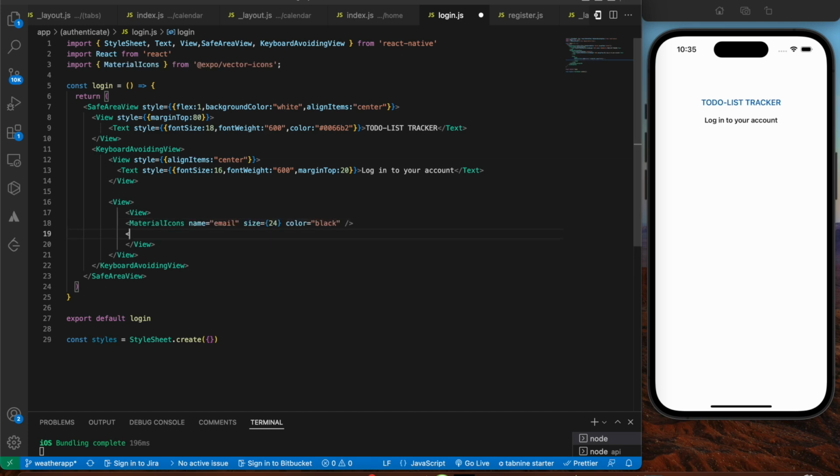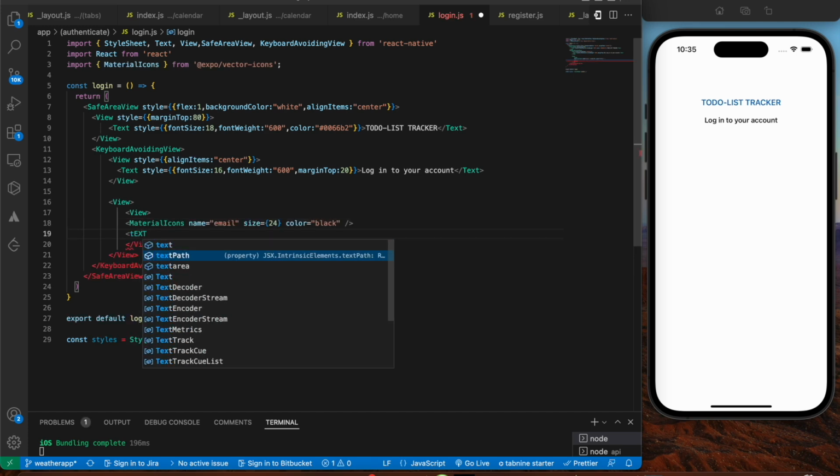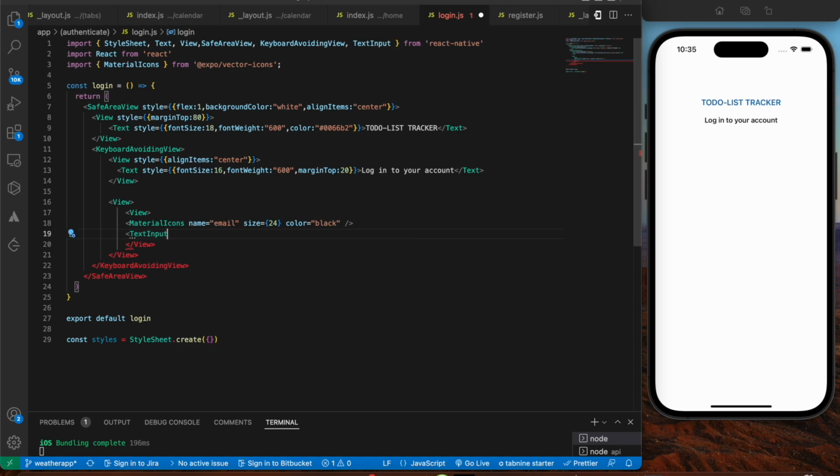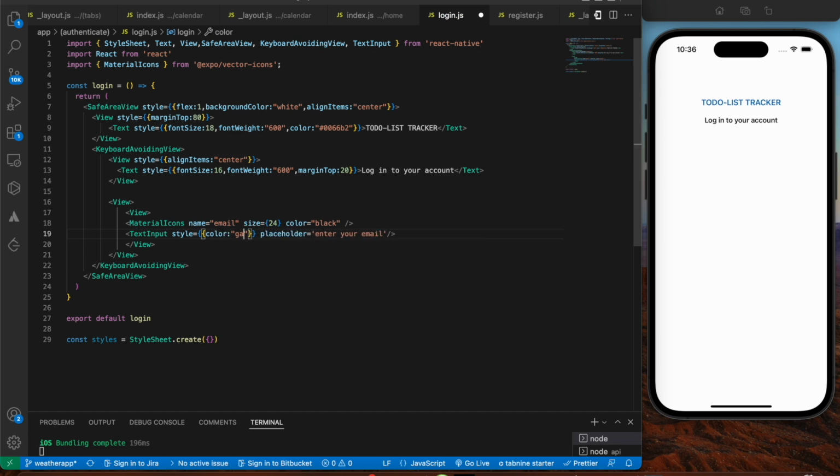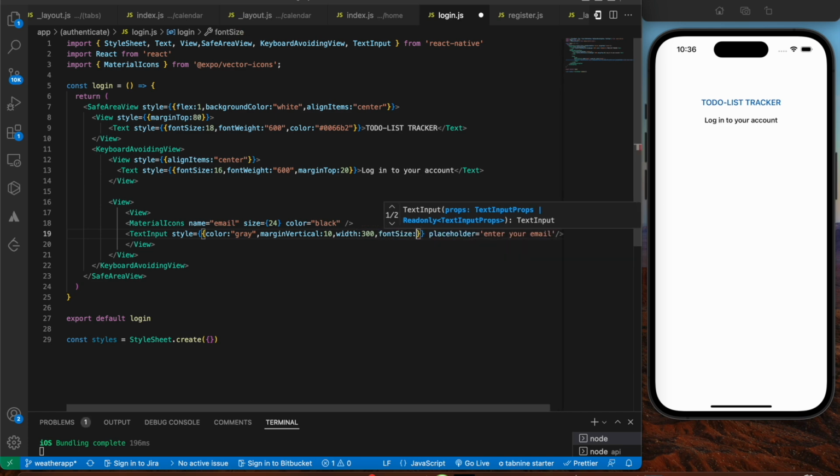And after that, we're gonna initialize our text input from React Native. It's gonna have a placeholder. So in this case, we're gonna say enter your email. Okay, so let's give some style to this. So color is gonna be gray, and margin vertical is gonna be 10, width is gonna be 300, and font size is basically gonna be,